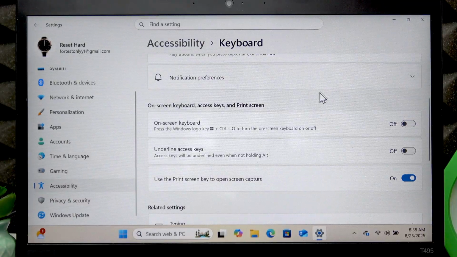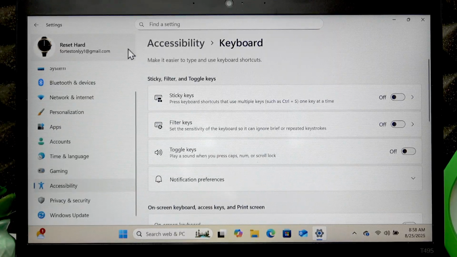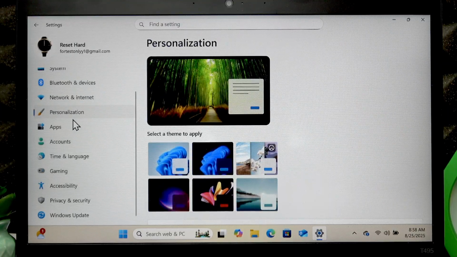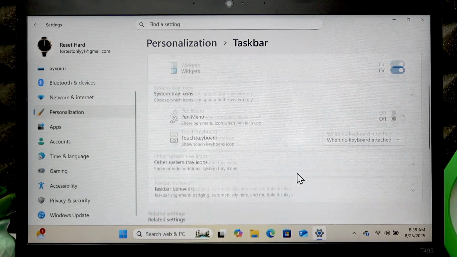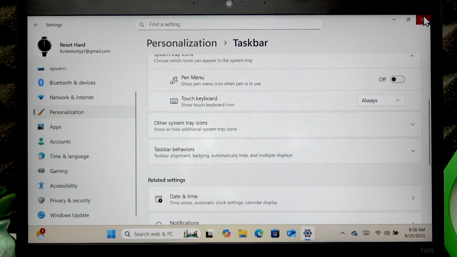Now, if you want to have access to your on-screen keyboard constantly and do not have to open settings in order to access your on-screen keyboard, you can use a different version of it, and to enable it you have to open personalization, then open taskbar, then change this option to always, and as you see,